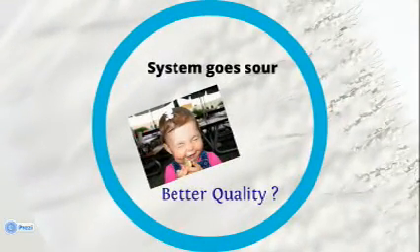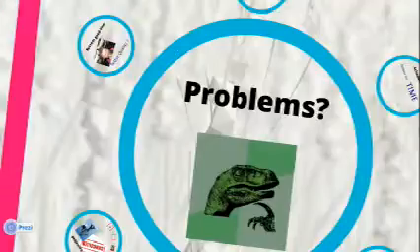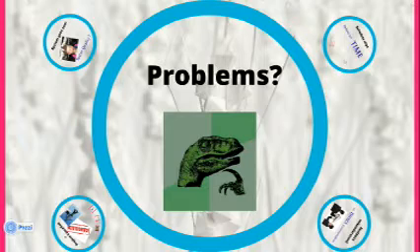Another problem is system goes sour. What is meant by this is software is put into production successfully, but after a couple of years, the cost of making changes or the defect rate rises so much that the system must be replaced and the customer looks for another alternative. These kinds of problems we should avoid, and we need a better software development methodology to